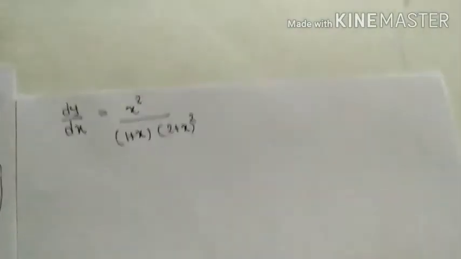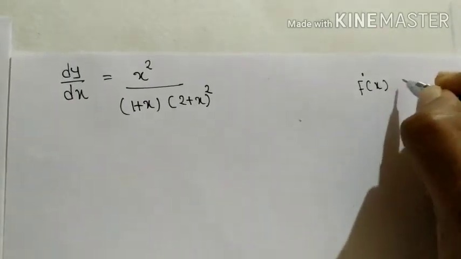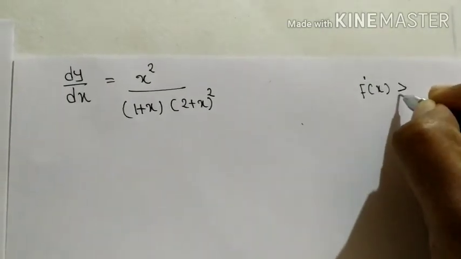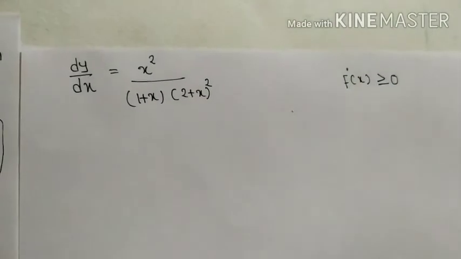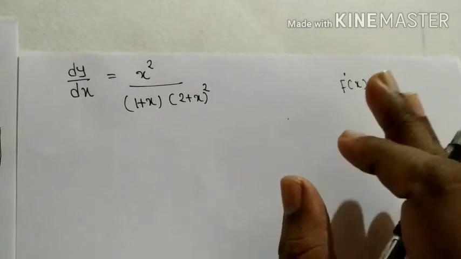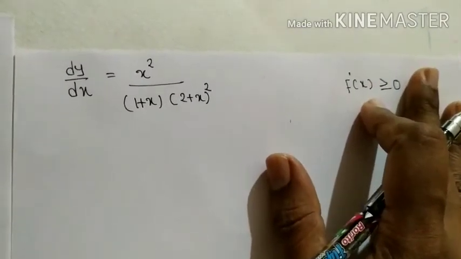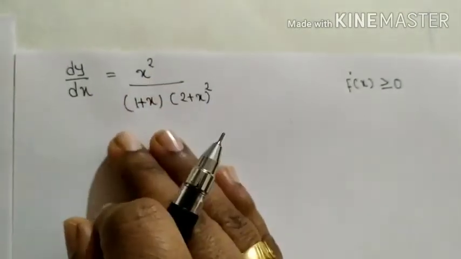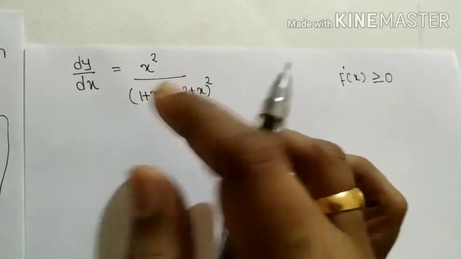We know that if a function is to be increasing, the derivative of the function should be greater than or equal to 0. So, in this step, we get our derivative of x, and